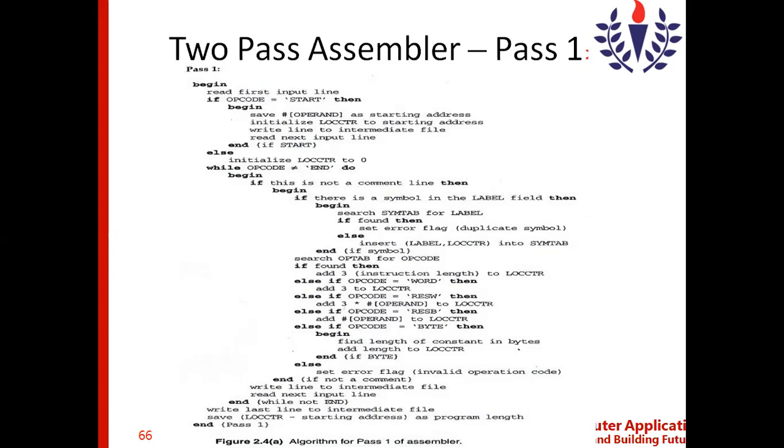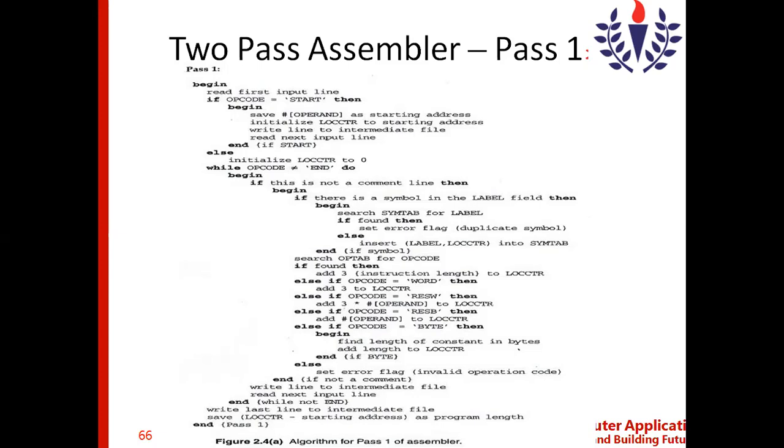If you find the opcode in the optable, it means that the opcode the programmer has used in the instruction is right, because the optable has the set of instructions we have.